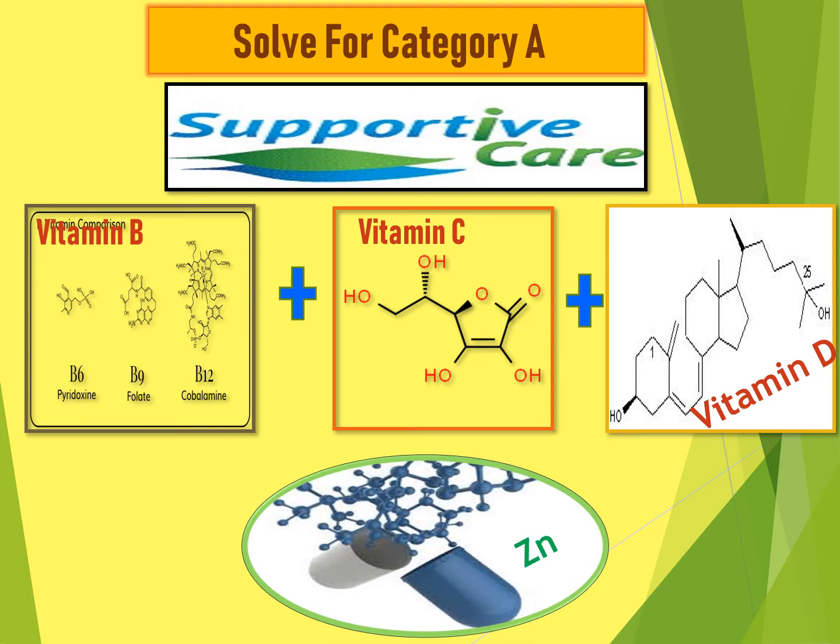What happens actually, and these are all very, very important, everybody should maintain the proper balance of these vitamins and zinc so that one can really obstruct the entry of the virus to the maximum. So if you look at vitamin C, it helps in reducing lung inflammation. This is very important because this virus attacks the lungs.